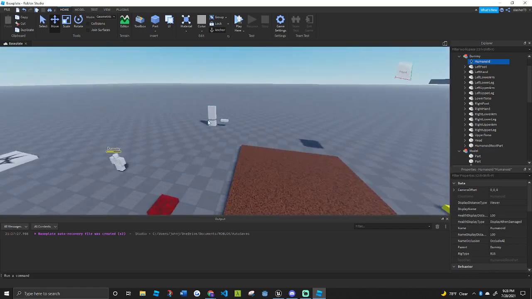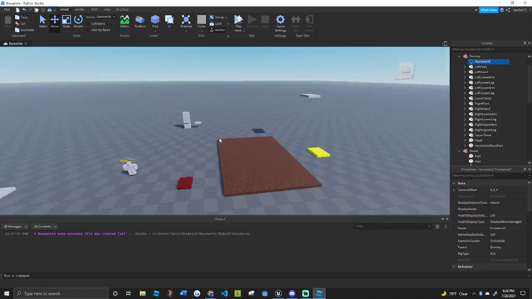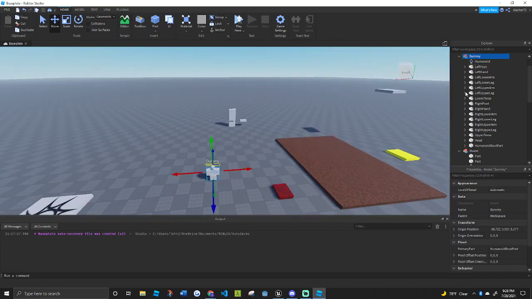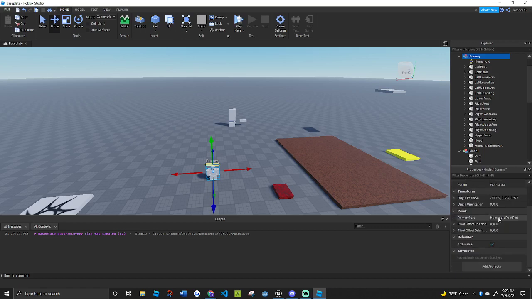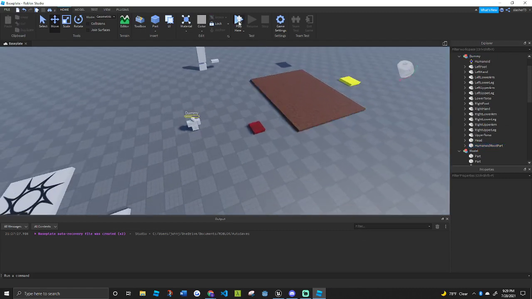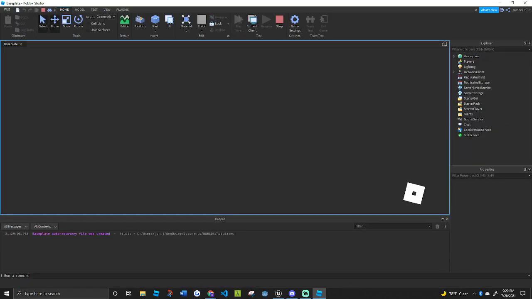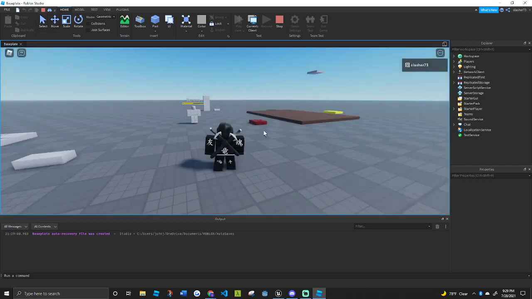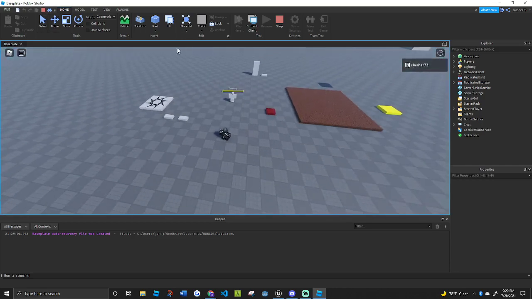And every model, or most models, have something called a primary part. They have a property called primary part. This is like the core of the model, or the base part. And so what we can do is, let's say I want to teleport